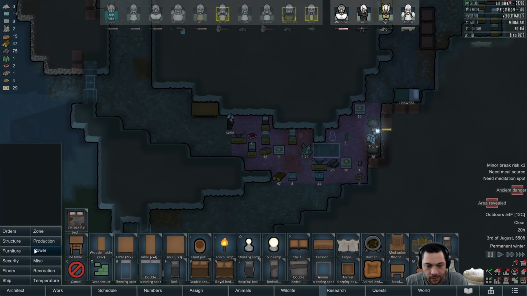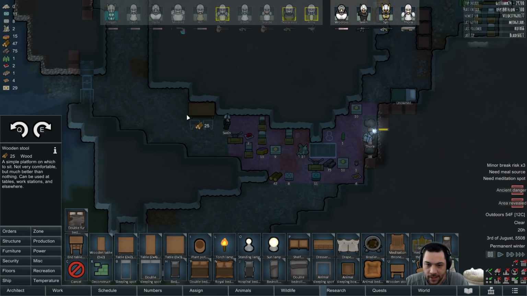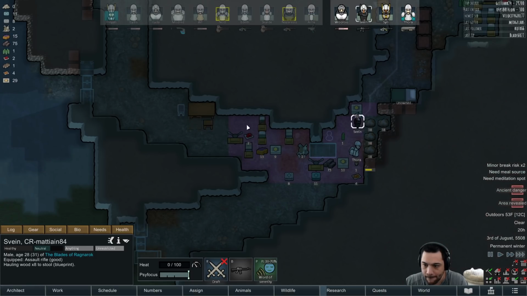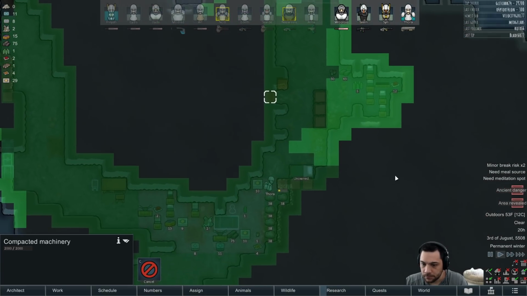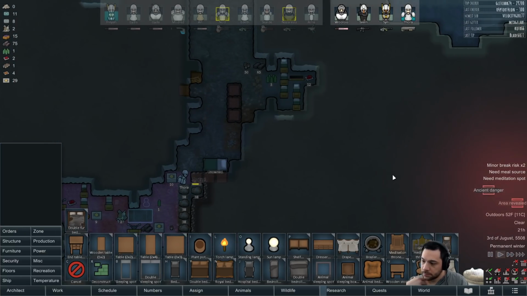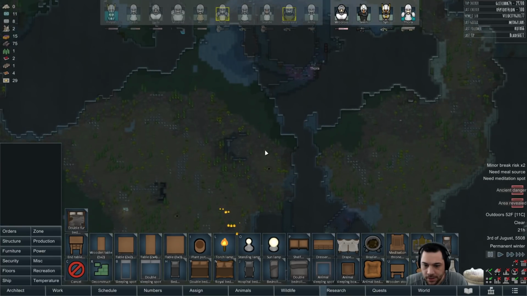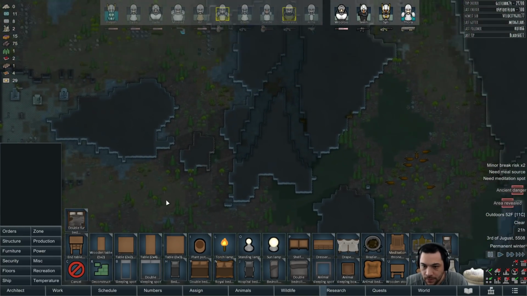Let's get rid of that overlay. I have a concept of how I want this base laid out, but now the execution comes. I need food to tame deer with? Yeah. Well, the other thing I was going to do is zoom out. I hadn't done it yet, but zoom out and try to...